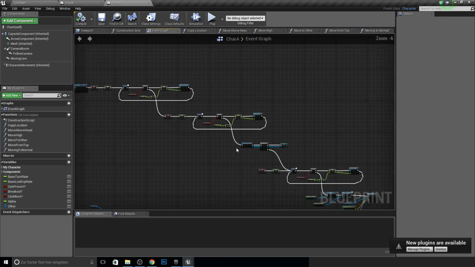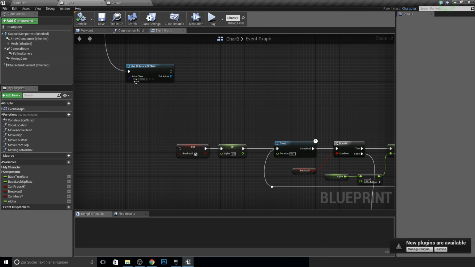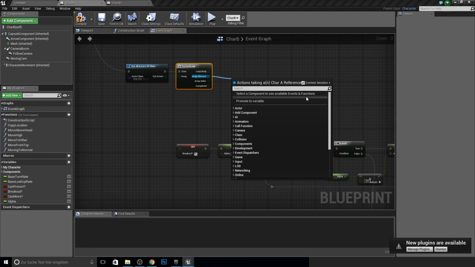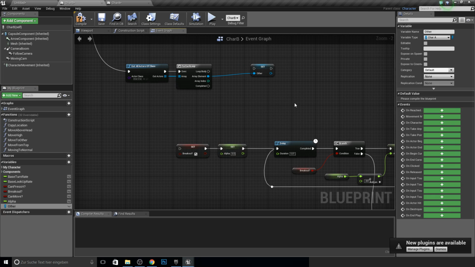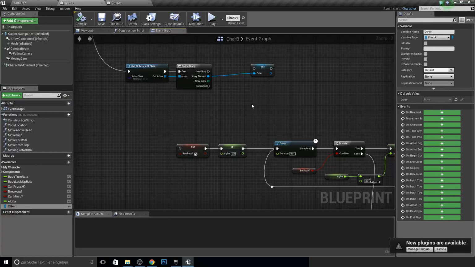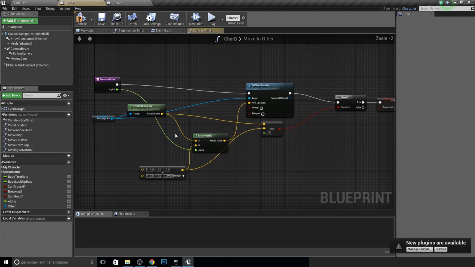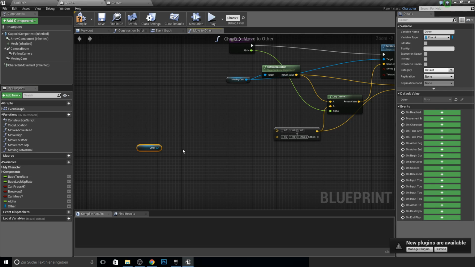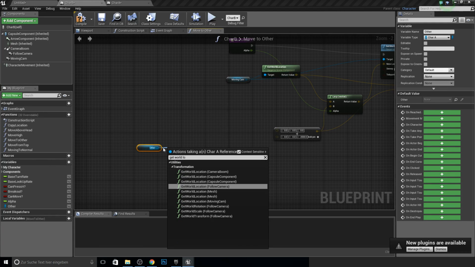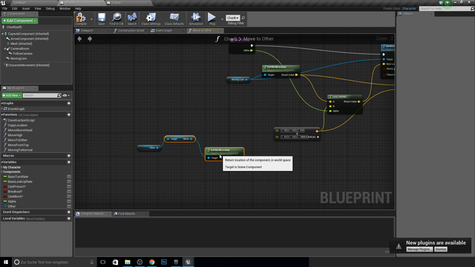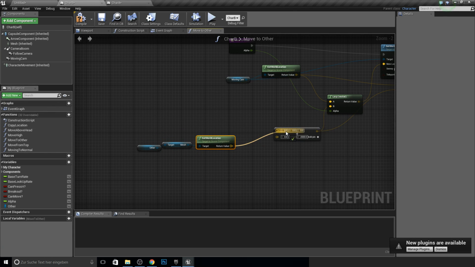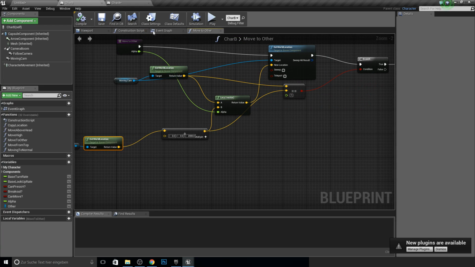So let's look for the work we've done here. Character A for each loop. Get these together. Promote to variable called other. Compile and save. Connect the loop to this, and if it's completed, go to delay, then go to move character, get the other, get the world location, it's the mesh, and get this together,